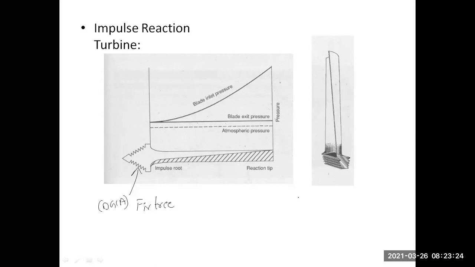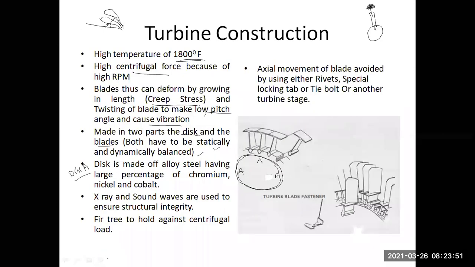When I taught you the compressor, I told you that compressor blades are attached using what? Dovetail fitment. What is dovetail fitment? This is a turbine disc. At the end, you will see, have you seen a bird dove, son? The shape of its tail, that kind of shape. Okay, it's like this. Basically, a small circular ball-like shape. That is called the dovetail. Fir tree is like this. So for the turbine, remember that we use fir tree, and for the compressor we use dovetail.